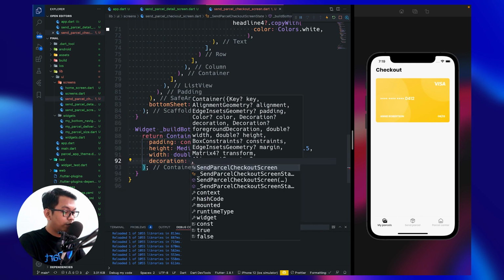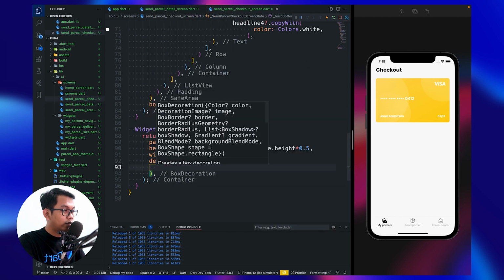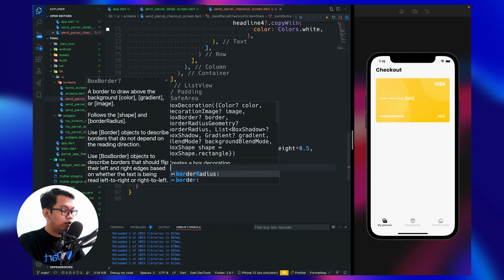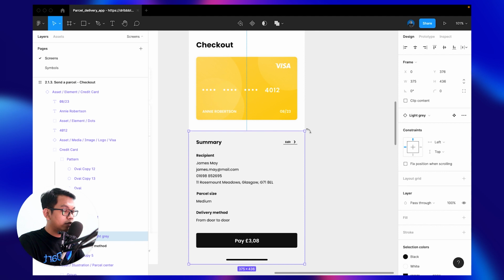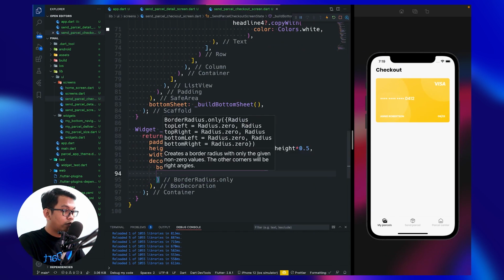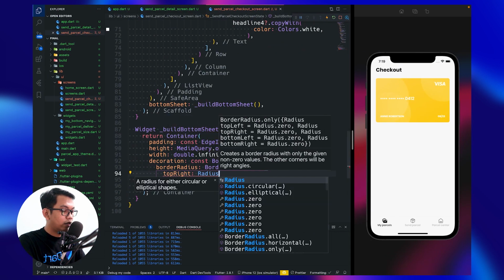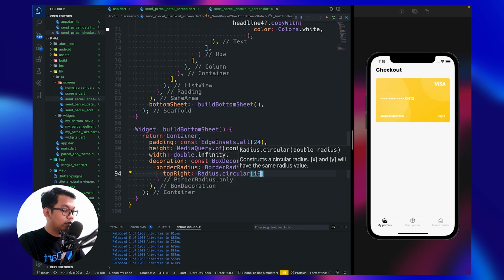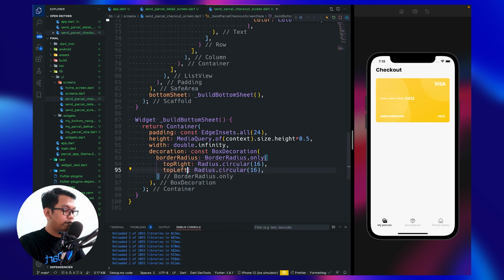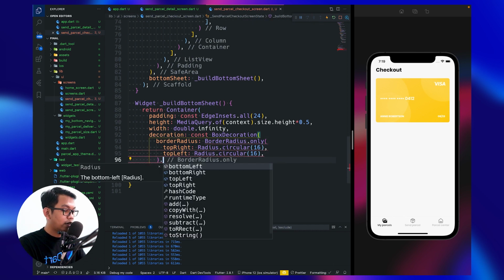And we use box decoration, and inside that we say border radius, but for now it's only top right radius circular, it's 16. Copying the value, change to top left, and the another one is a color.